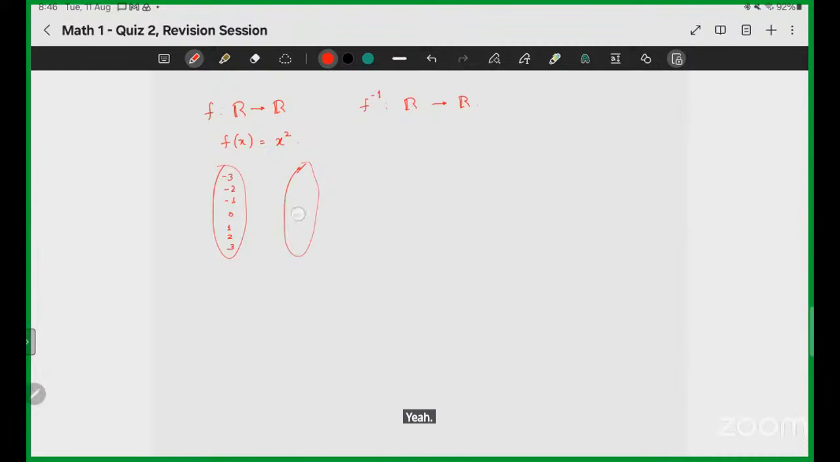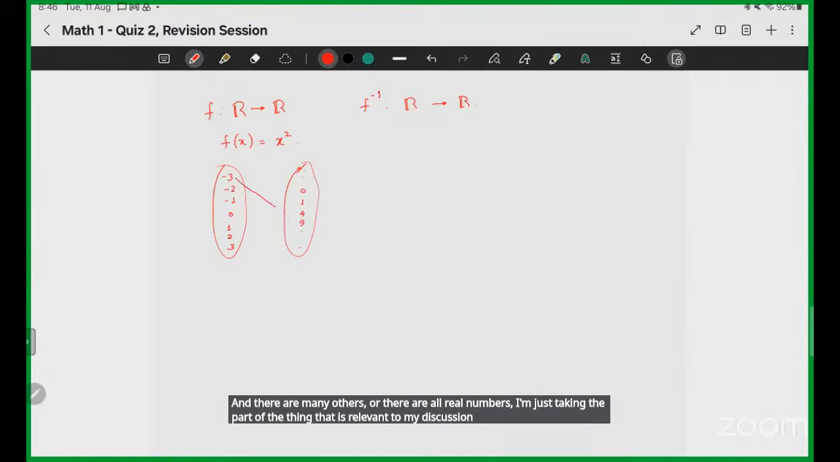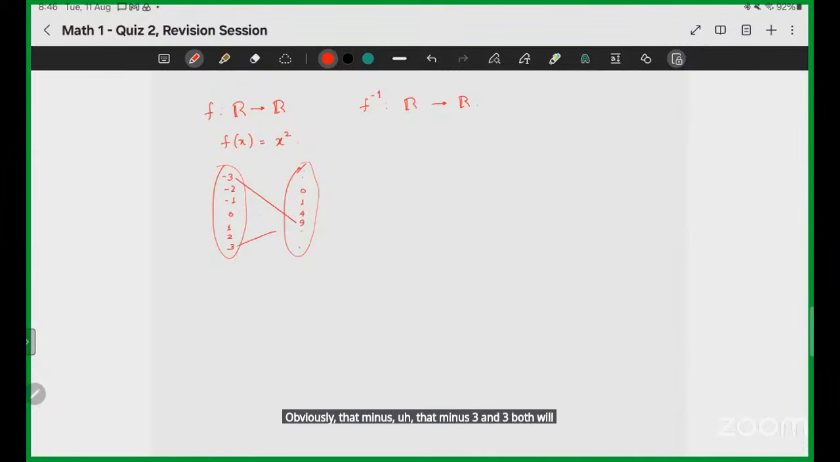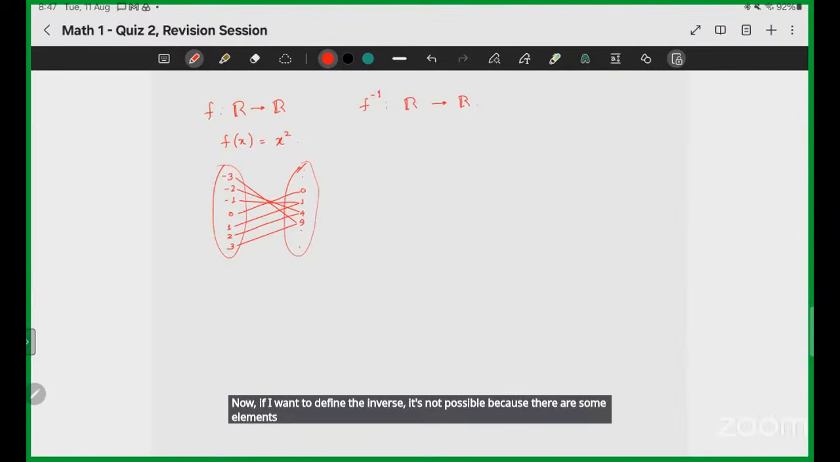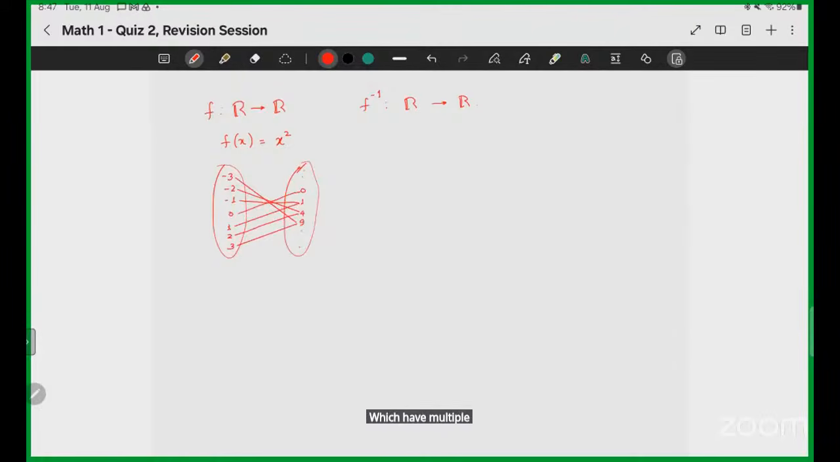Right, so I'll write only the square numbers 0, 1, 4, 9, and there are many others. I'm just taking the part that is relevant to my discussion right now. -3 and 3 both go to 9, -2 and 2 go to 4, -1 and 1 go to 1, and 0 goes to 0. Now, if I want to define the inverse, it's not possible because there are some elements which have multiple pre-images. Suppose I want to say what is f inverse of 9,